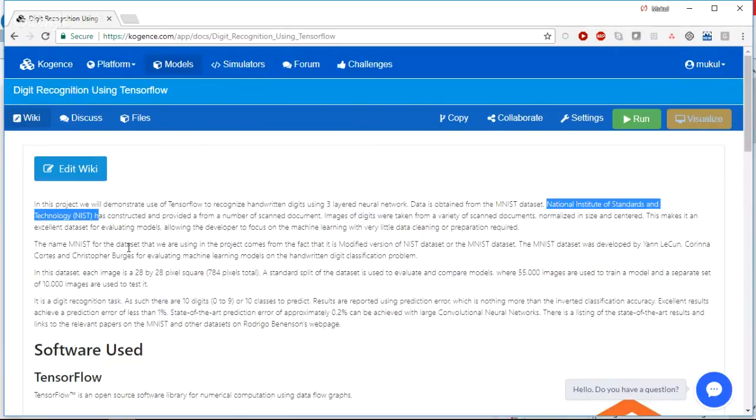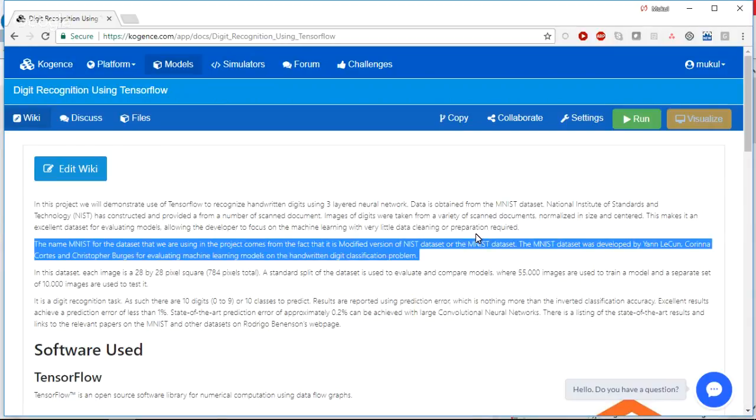Basically each image is a 28 by 28 pixel square, and they are properly centered, so you don't have to massage the data. So NIST had scanned a lot of these handwritten documents, massaged them, and standardized them into a standard format. That data set is called the MNIST data set. MNIST basically is a modified NIST data set. They took the NIST data set, modified it, cleaned it up,